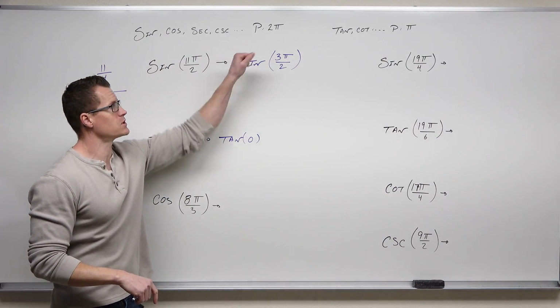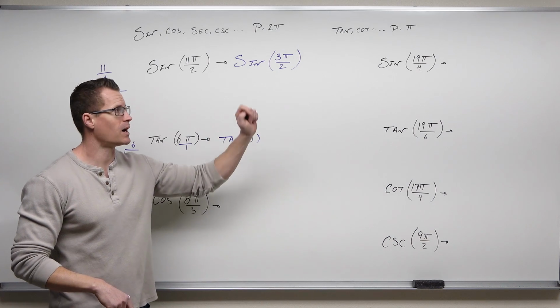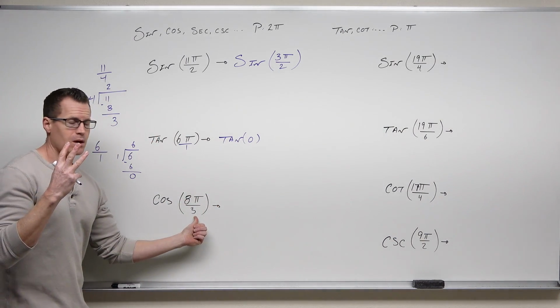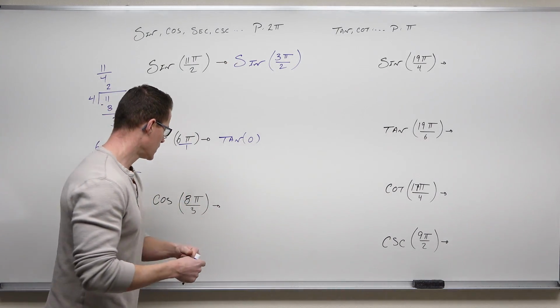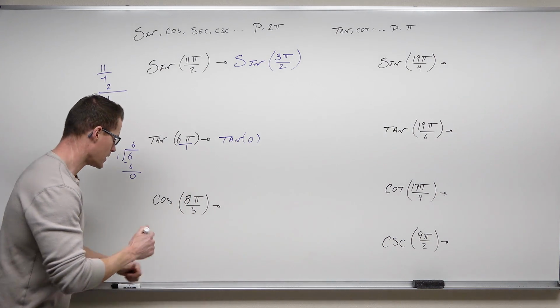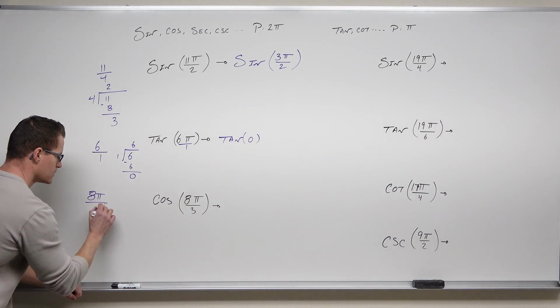So all 4 of these have 2 pi. All of your sine, cosine, secant, cosecant have a period of 2 pi. Tangent, cotangent's 1 pi. Let's take our numerator, that's 3, multiply it by your period, that's 2 pi. That's going to be 6 pi. And I'm going to take my 8 pi over 3 divided by 6 pi. My pi's are going to cancel,